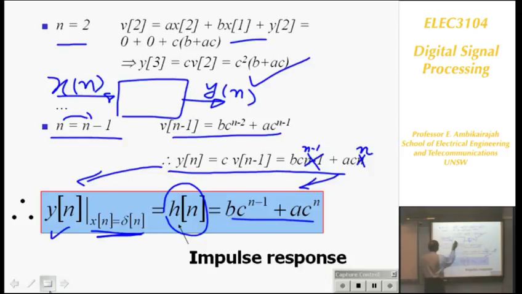When Xn is 1, the system response Hn becomes this for this particular system. So Hn is called the impulse response. What you can do is write these equations again and say that